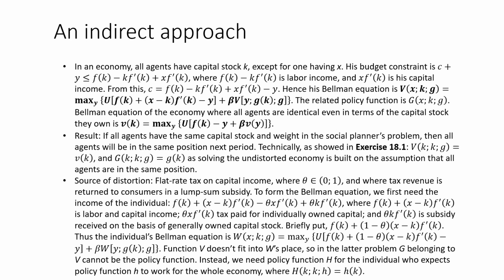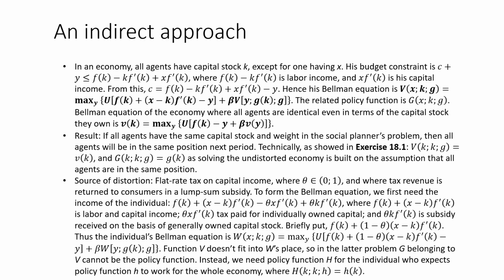So optimally, they are supposed to behave in the same way, and they will be in optimum position next period if they follow the same policy function. So this is what I wrote down in the second point. If all agents have the same capital stock and the same weight in the social planner's problem, then all agents will be in the same position in the next period. As we will see in exercise 18.1,